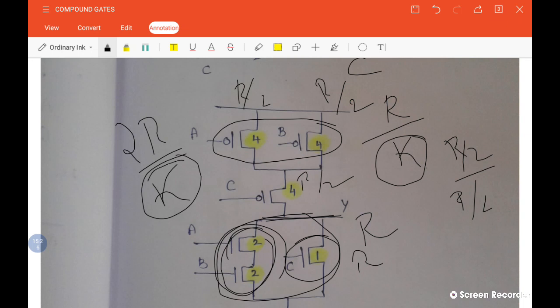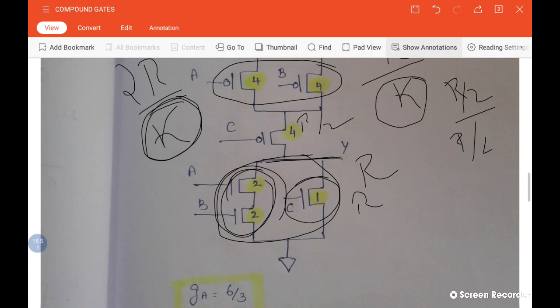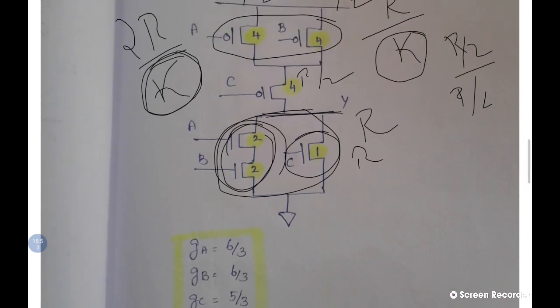The K value you are defining is the size. So here for PMOS I am defining 4. So that size is mentioned in the PMOS values. And in NMOS, the two series NMOS are given with the size 2 and the one parallel NMOS is given with size 1. So like this we can define the sizes, and once the sizes are defined you can calculate the